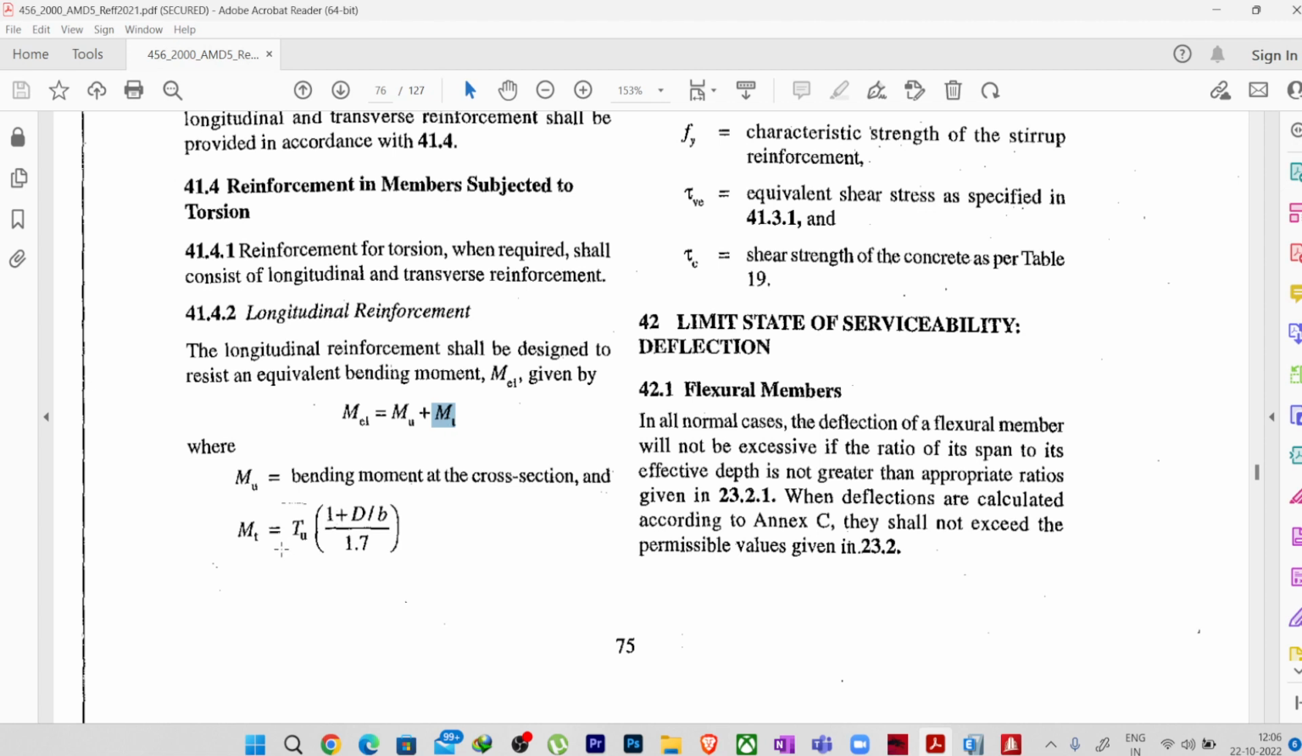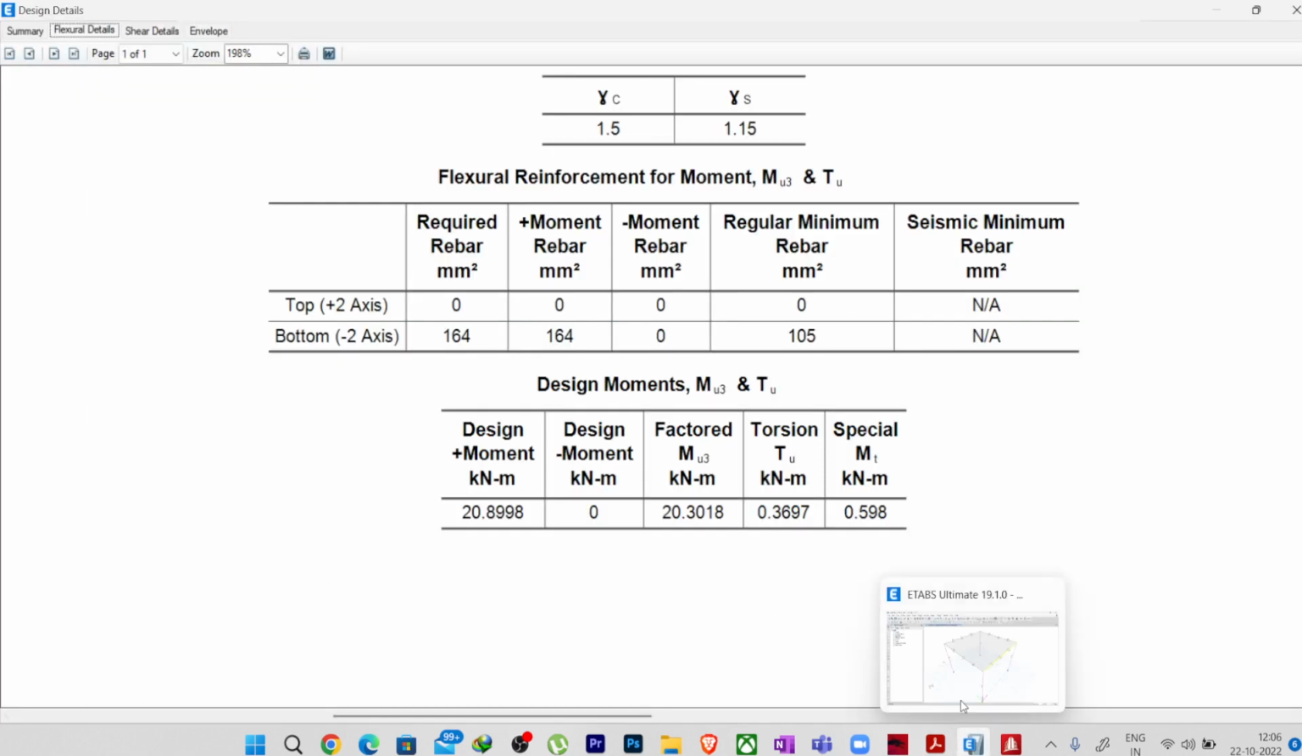And how can you find out the moment due to torsion? The moment due to torsion you can find out as Mt equal to Tu times (1 plus D by B) divided by 1.7, where D is the overall depth of the beam. So this will give you the equivalent moment. So if you see here what ETABS has done,